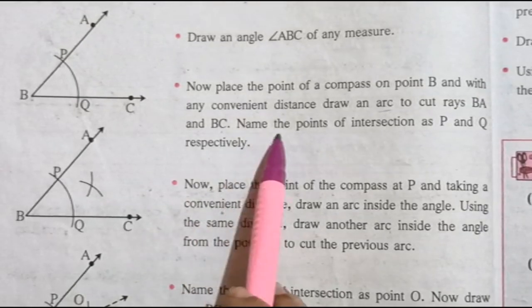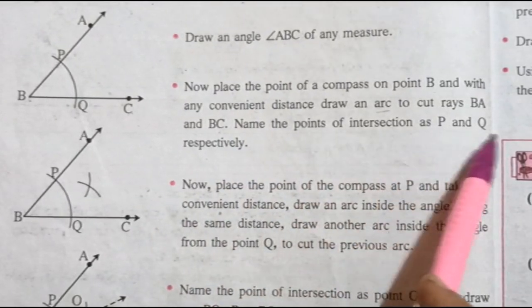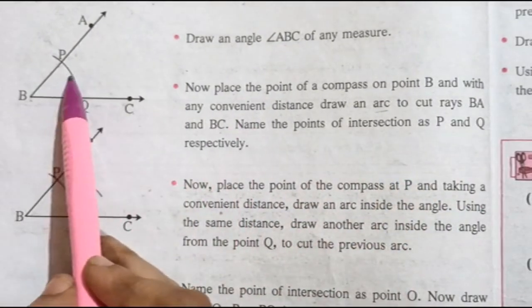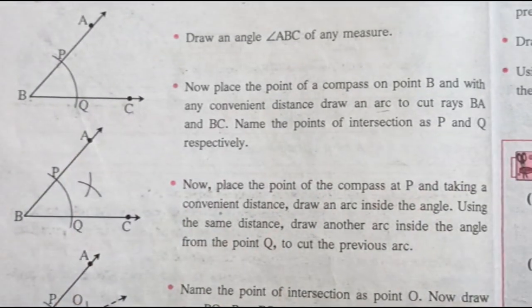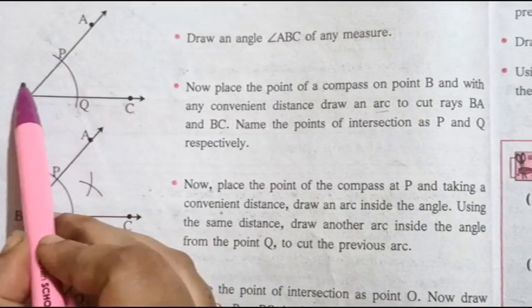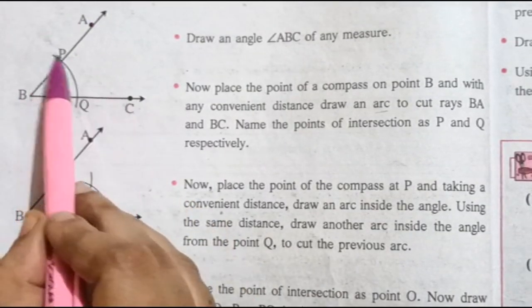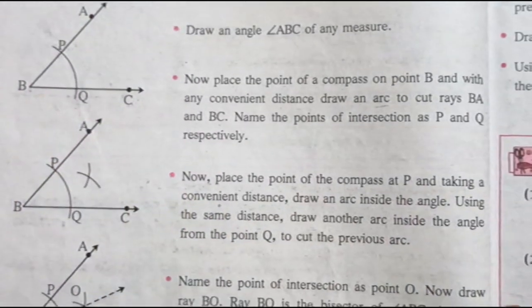नेम द पॉइंट्स ऑफ इंटरसेक्शन एज P एंड Q रिस्पेक्टिवली. आपने ये आर्क बनाया तो उसको आपको नेम देना है P एंड Q. वो आपका इंटरसेक्शन आर्क बन गया क्योंकि आपने ये दो रेस को BA और BC को क्या किया? कट किया. वो आर्क बना दिया आपने. ठीक है,